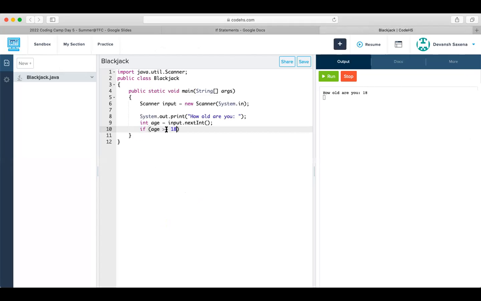So if age is greater than or equal to 18, and then we have our brackets, and this is where we put our output. This is where our output goes. And our output is 99% of the time a print statement, because that's the only output we know. So if age is greater than or equal to 18,